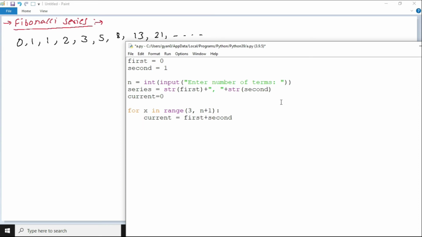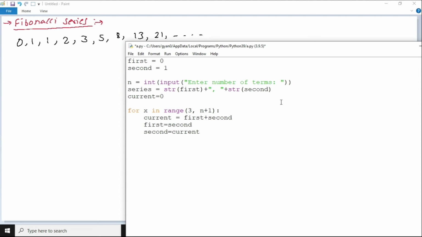So in the next iteration, your second will become first. First is equal to second. Your current will become the second. Second is equal to current.